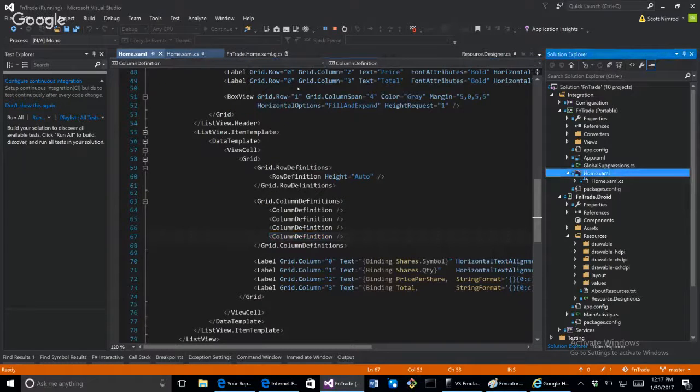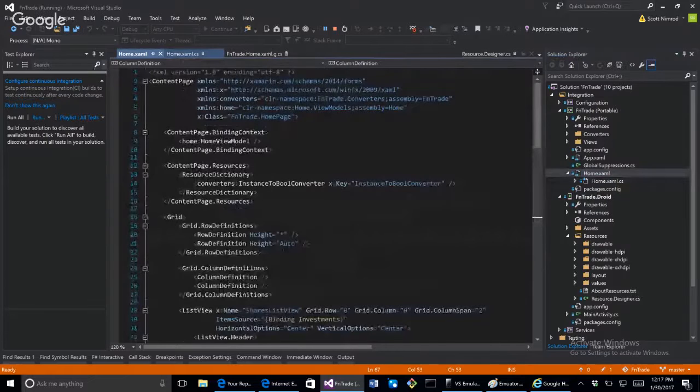Usually within XAML files, I like to define my binding context within my XAML itself and reference the view model within my XAML, instead of having code behind. But I've noticed that that doesn't always work, and I haven't figured out why. For example, within the cell page, I attempted to assign my binding context within my XAML, similar to how I do in the home page, and it just throws all these crazy exceptions, which leads me